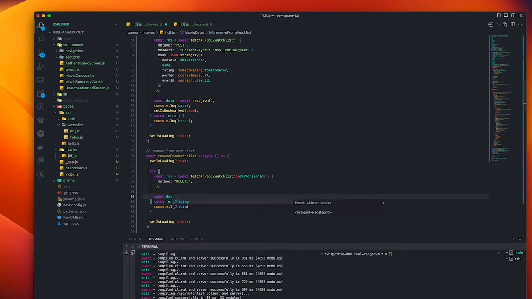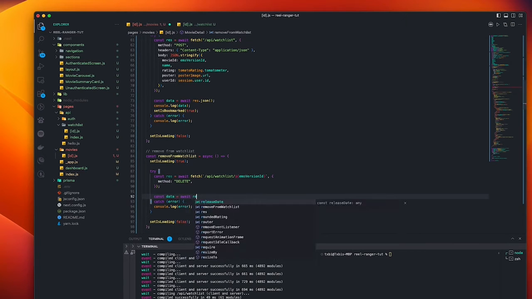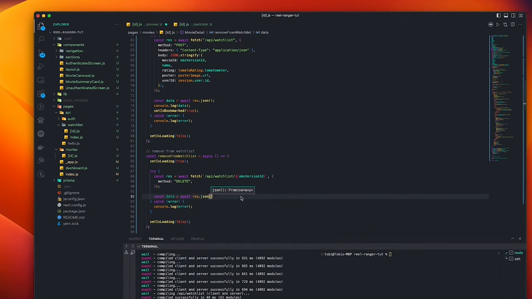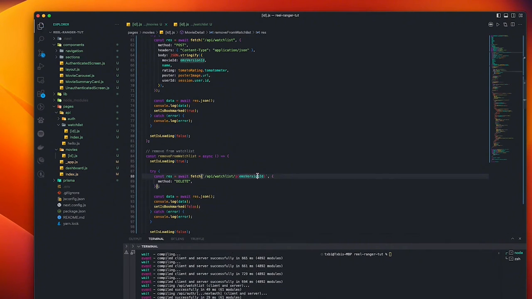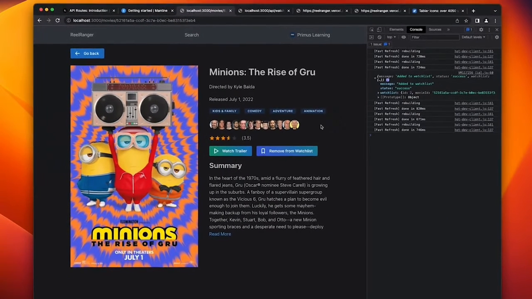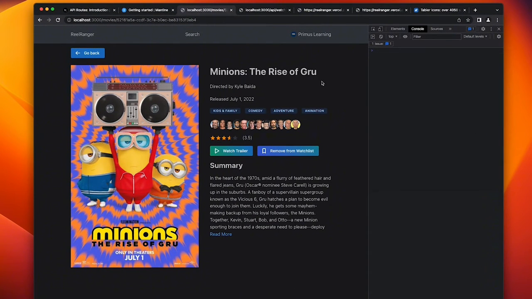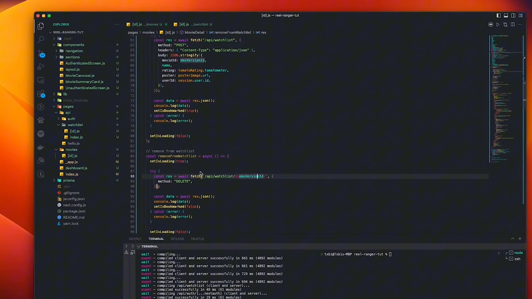So I'm going to say const data is going to be equal to await res.json. Okay, and I'm gonna console.log this data, and I'm then going to set is bookmark to false because we've removed it from our watchlist, and so it's no longer bookmarked. So I'm just going to clear our console, and I'm gonna run that. So I'm gonna click on, so let's set our remove from